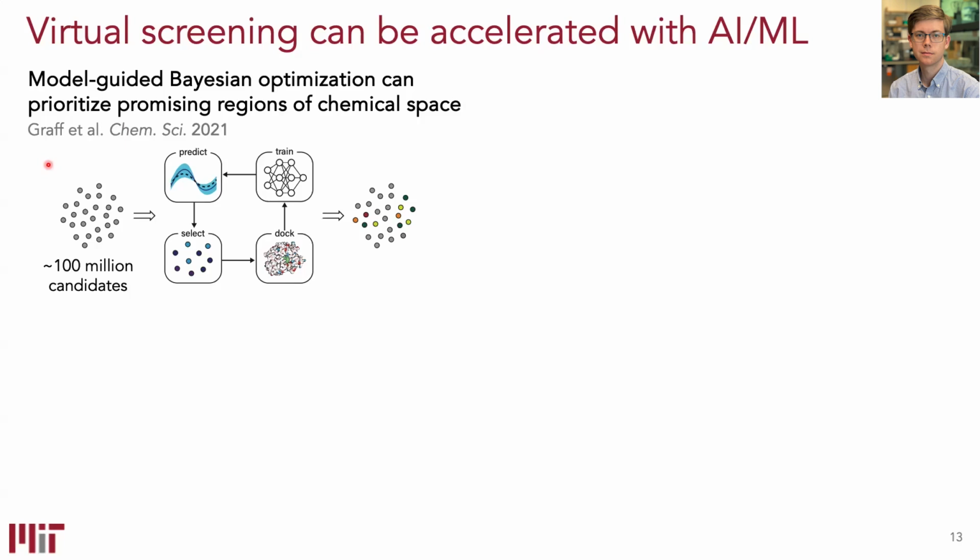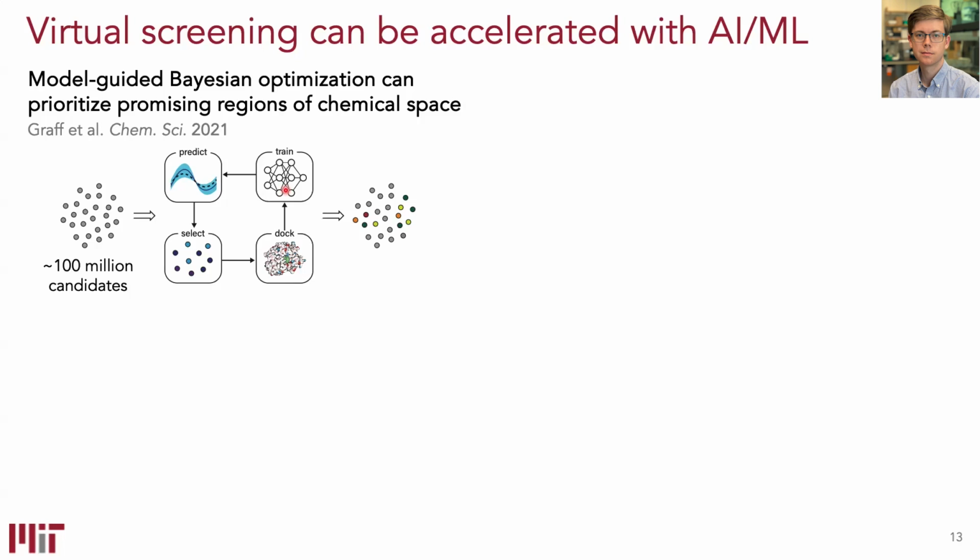And then we would say for these 100 million molecules, what are the 100 million predicted binding affinities? And then you'll sort your list to find the best candidates and maybe take those into the laboratory. But you can just insert a simple model into this workflow. And you can say, I don't want to do 100 million simulations. I'll do a few, maybe tens of thousands. I'll train a surrogate machine learning model.